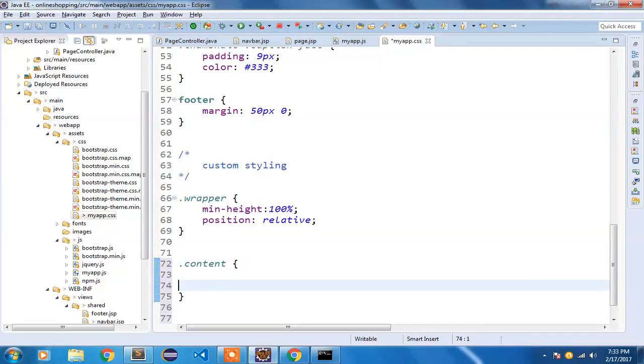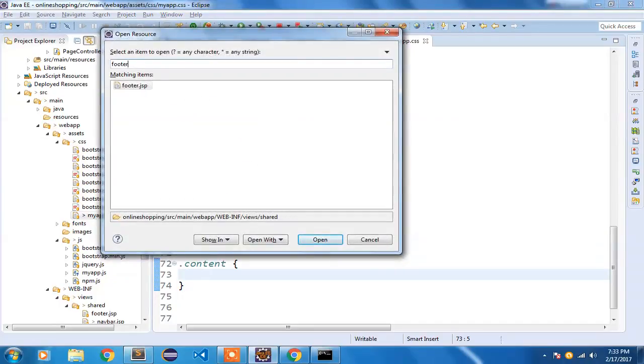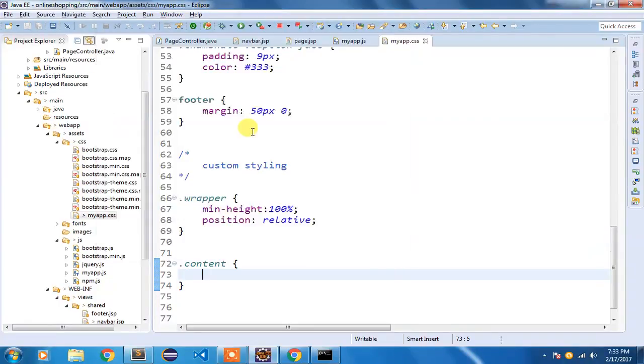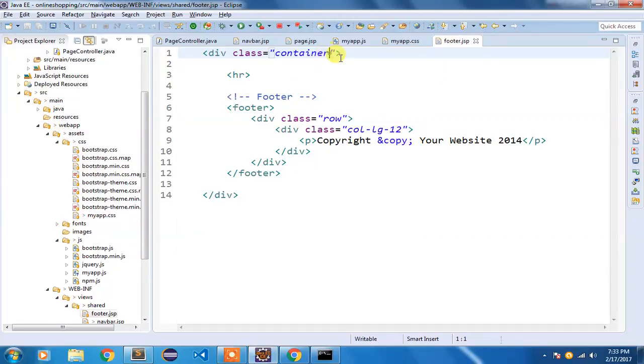After doing this wrapper, I am going to code our content. For content, I'm going to assign a value of padding bottom. Why padding bottom? I will come to that also, but before that I will open my footer and add another class called footer.